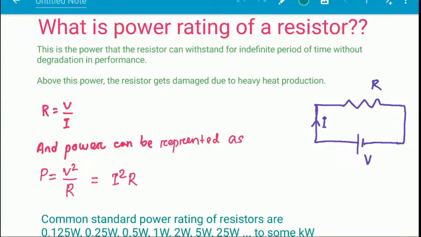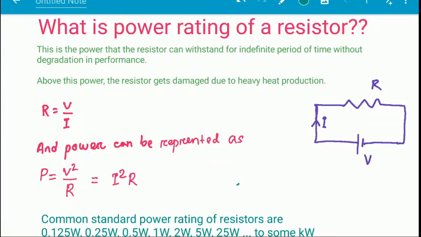This is the power that the resistor can withstand for an indefinite period of time without degradation in the performance. This is called the power rating, and as it is power, the rating is in watt. And above this power, the resistor gets damaged due to heavy heat production, because in case of